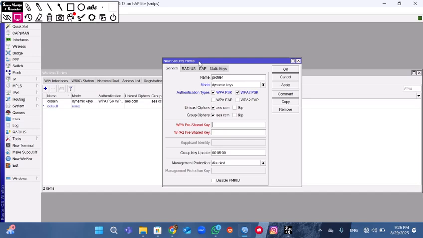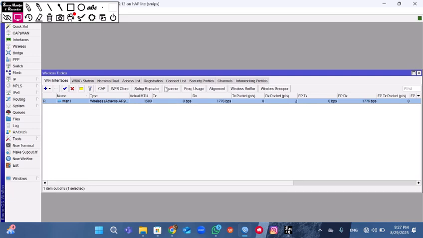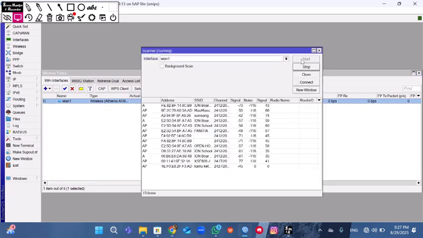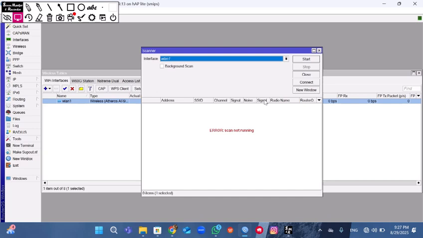When you are done, you apply it, go back to the Wi-Fi interface, and start to scan. You search the network, and I use the hotspot right now.